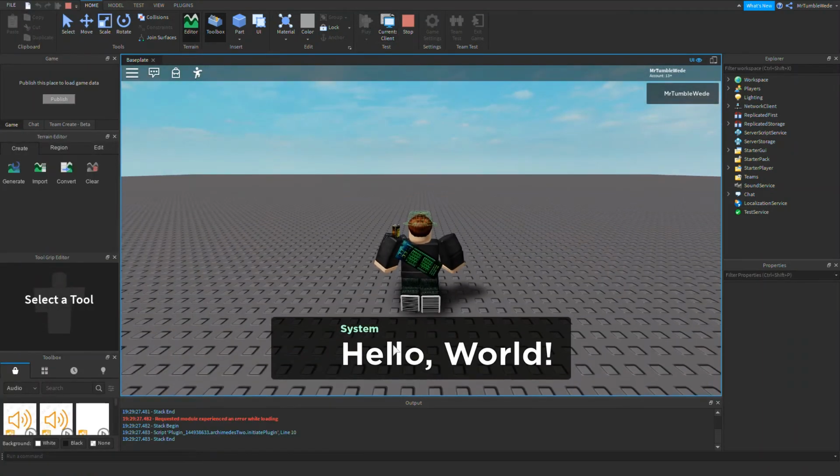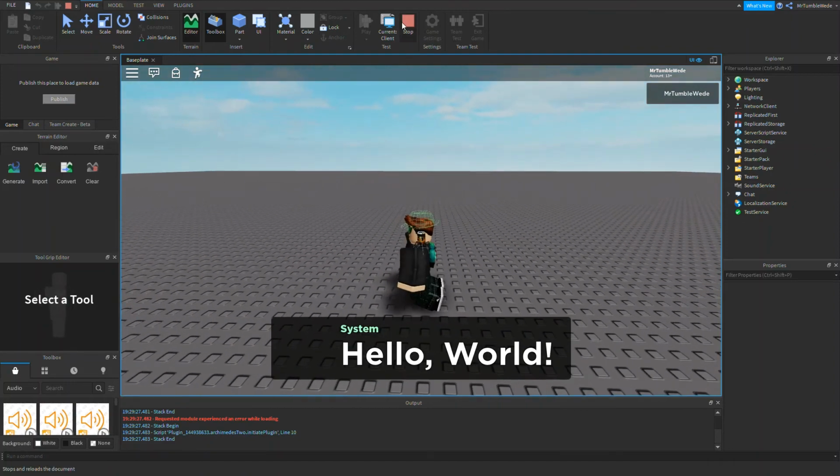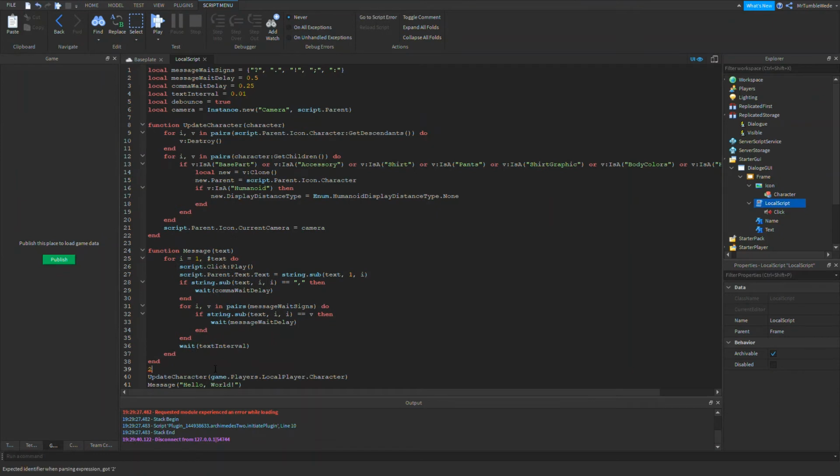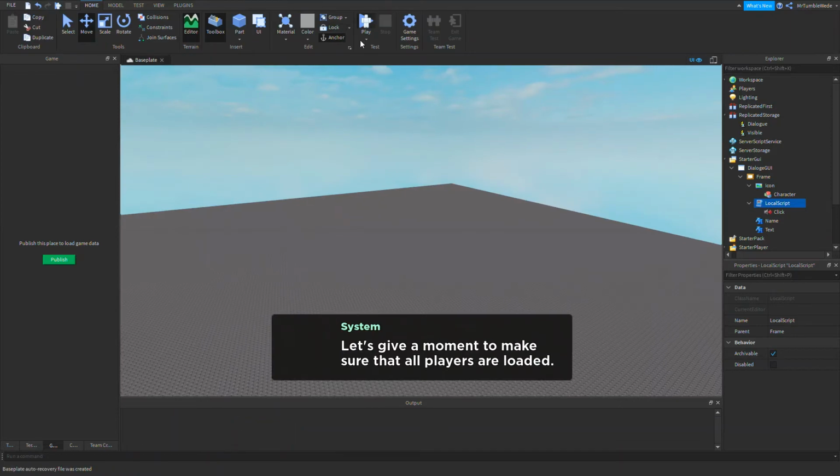Okay, so it says hello world. Now the reason why my viewport isn't showing up is because my character hasn't loaded up yet. So if we were to add in a delay, like a wait of 5, then most likely it would show up.